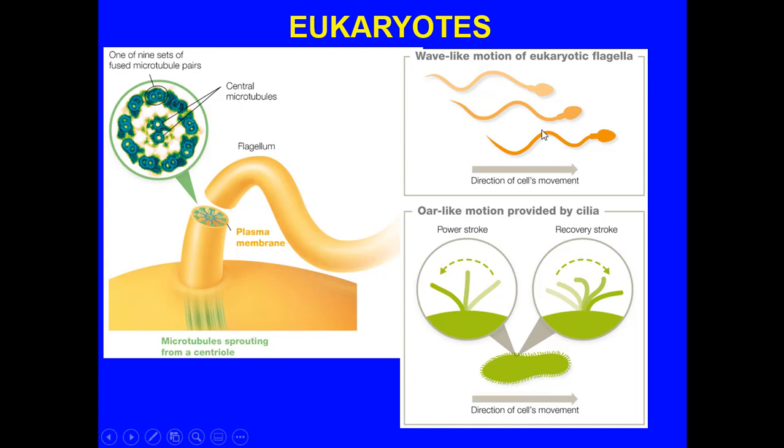Now, we're going to get into this in another minute about cilia, but I wanted to just give it to you as a perspective. Cilia are usually shorter, and how they move is sort of like oars. They go forward with a power stroke, and then what happens is they collapse and whip back in their recovery stroke. And this is all in a coordinated fashion to direct the cell in one particular direction. So they're all beating in a direction that kind of power strokes down this way, recovery stroke, and keep going to allow for normal flowing motion.